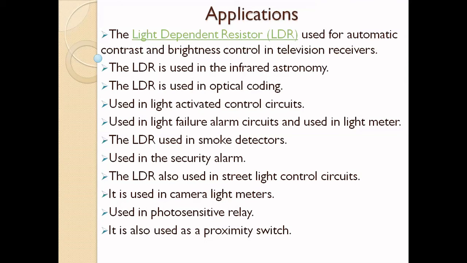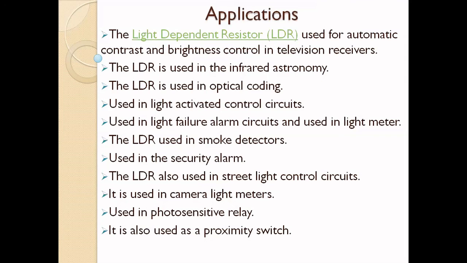Next, you can use the LDR circuit in your homes. If the light level is less and the natural light is less, automatically the lamp will get on. Next, it is used for controlling circuits, that is called light activator control circuits.